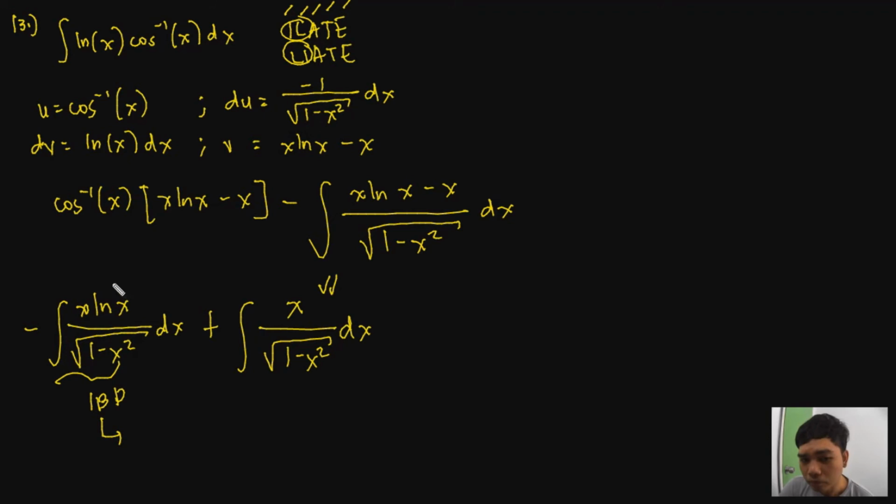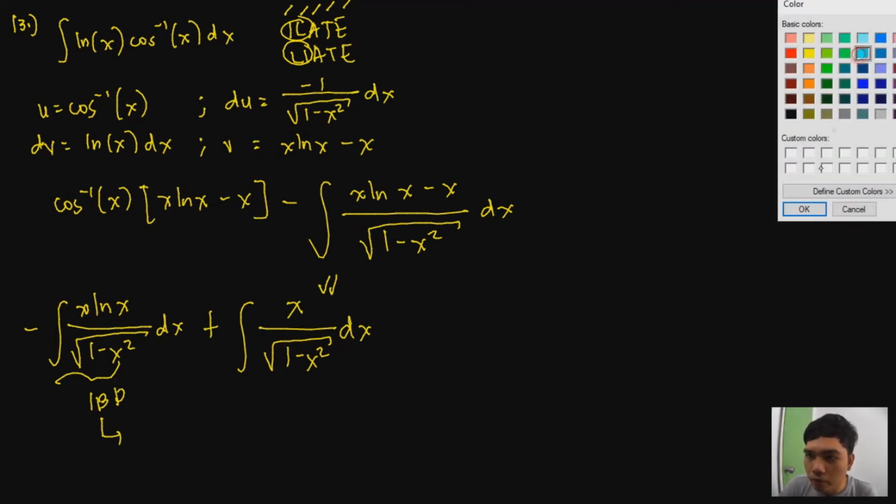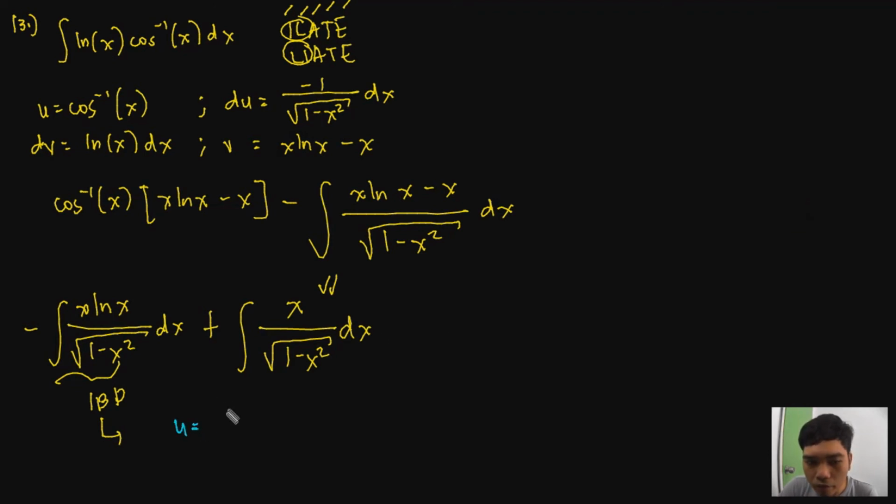But then again, sabi natin, diba, sa iLate natin, we will be prioritizing logarithmic functions rather than our algebraic functions. So, from this, our IBP, we have u. So, yung u natin would be equal. So, gawin natin ibang kulay. From that, our u would be equal to our ln of x, okay, and then your du would be, of course, 1 over x dx, okay. And then how about our dv? So dv natin would be, from this, we have x over the square root of 1 minus x squared dx,